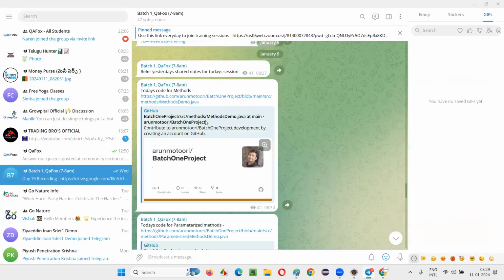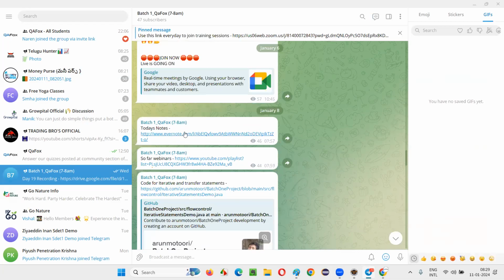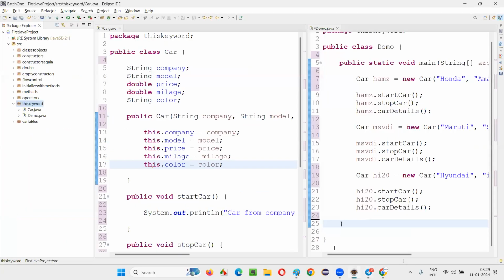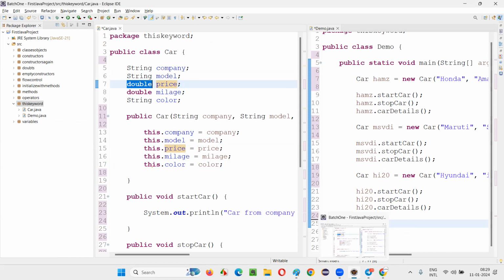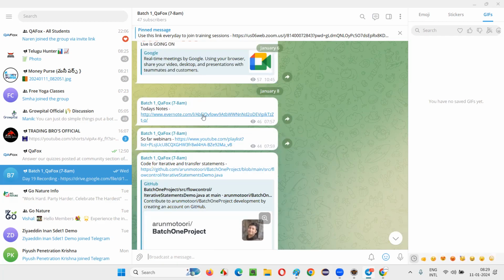One doubt: for price we can use 6.8 lakhs or something, right? We are using the double data type, right? Yes, we can use it. If you want a 6.8 lakhs kind of text, you have to make it string type. If I would like to use 6.8 L, we can use string or any other data type, but it is better to use a string.